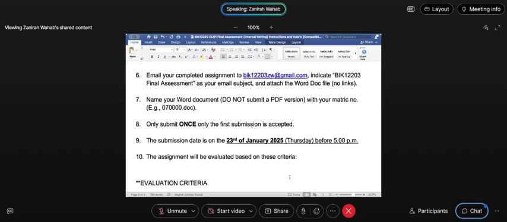Okay. So the next one is very important as well. Only submit once. Submit once maksudnya email I sekali je. Because whatever you email me for the first time is counted. Only the first submission is accepted. The second one, you said, sorry, madam, I tersalah ni. No, I do not entertain that, and I will only read your first submission